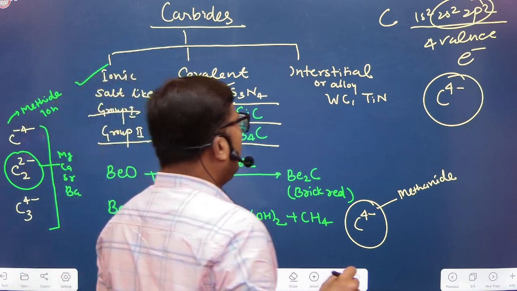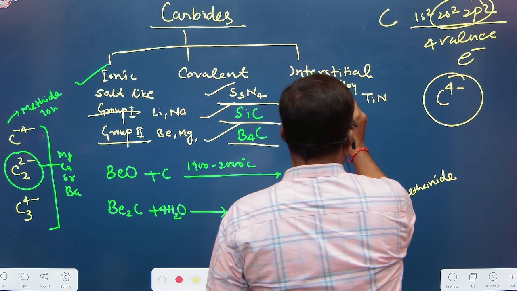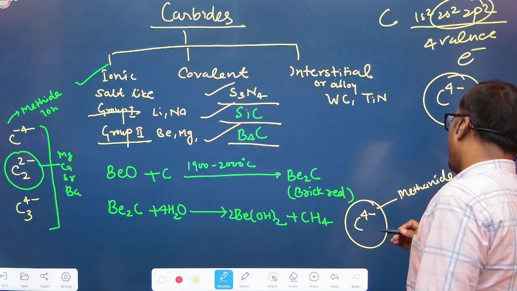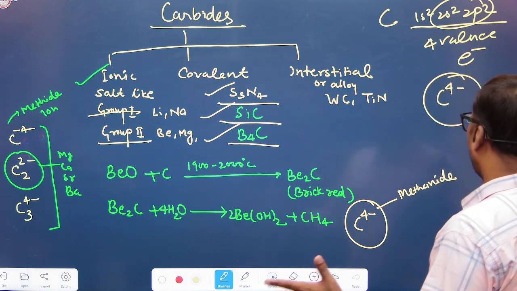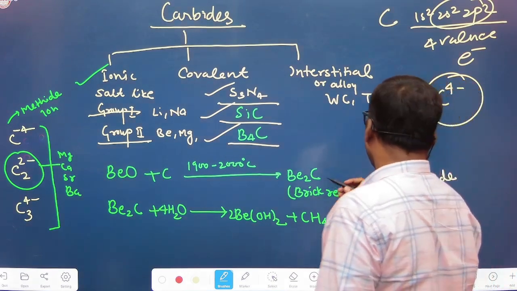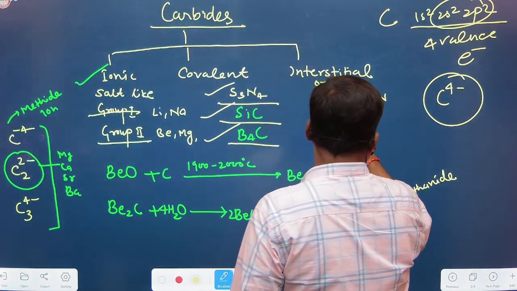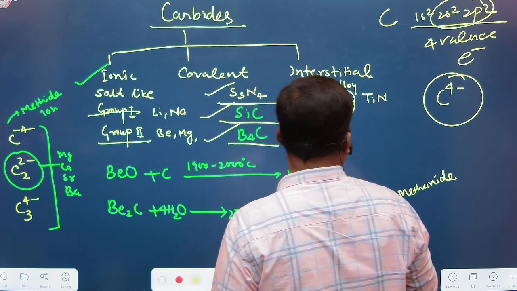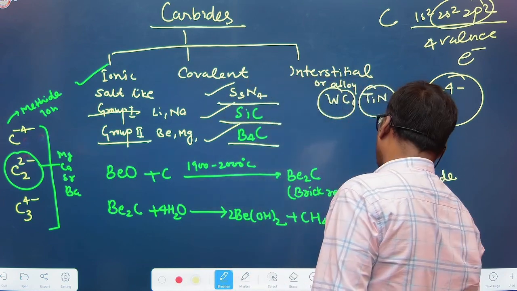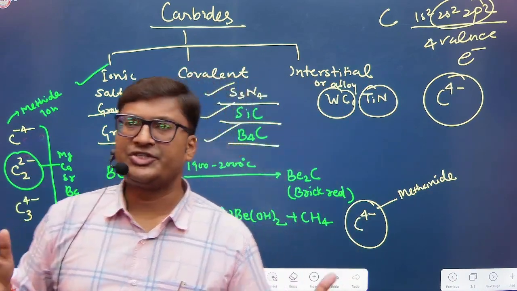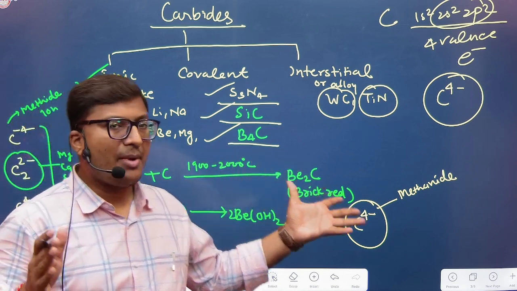And the third one is the interstitial carbides, where the carbide ion actually exists in the lattice structure to balance the other metals. They are very tough and hard, such as tungsten carbide and titanium nitride. They are examples of interstitial carbides. So